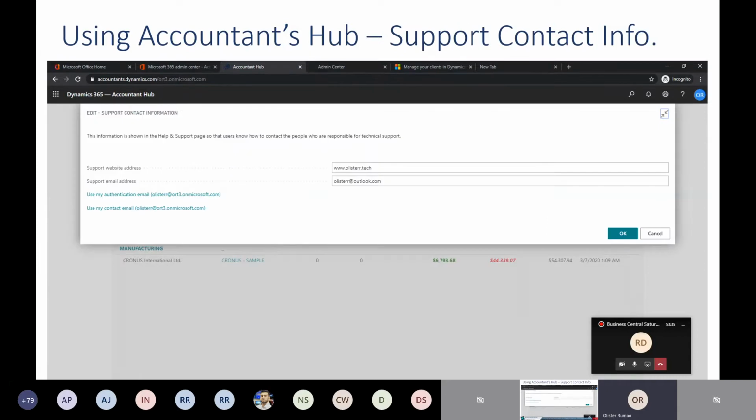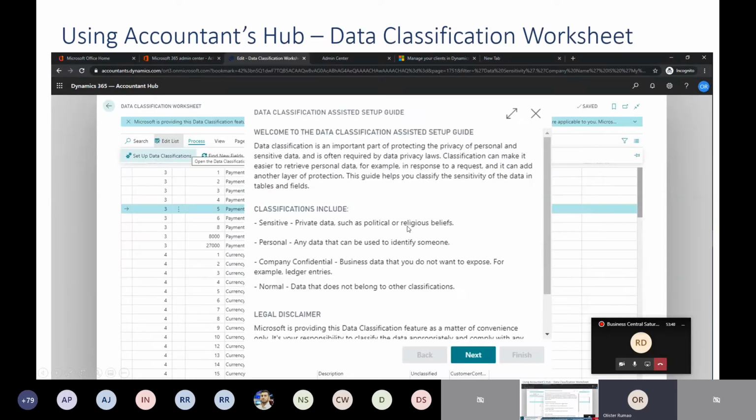Then we have another one which is support and contact information. So you can fill in your details, and if there are any help and support related issues, who is responsible and who is supposed to be contacted, we can check it over here. This is one of the core features of Accountants Hub. So if you realize